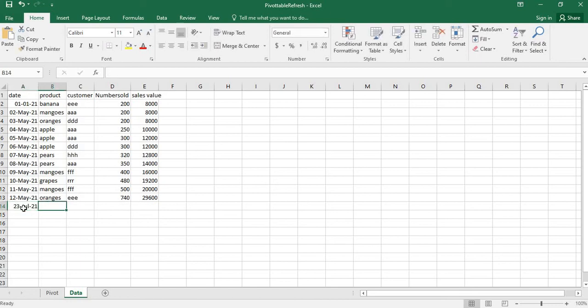I will update something like orange for the customer AAA only. I will update the quantity, say 500, and put some amount, say 15,000. Like that you can update any number of rows, and that should be reflected in your